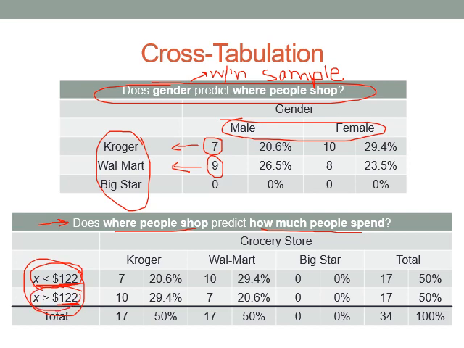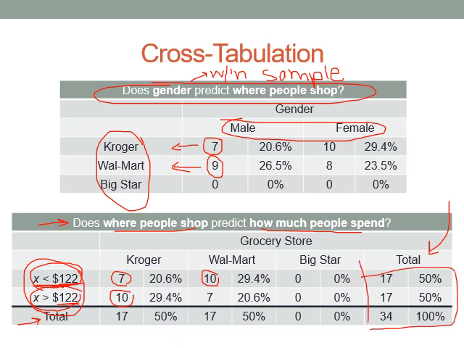And so it looks like if you shop at Kroger, 7 people are in the less than average spending category and 10 are in the more than average spending category, versus at Walmart, you see 10 in the less than average category and 7 in the more than average category. And here in this cross tab, I have added the column and row total